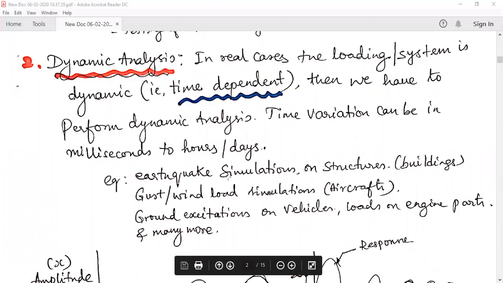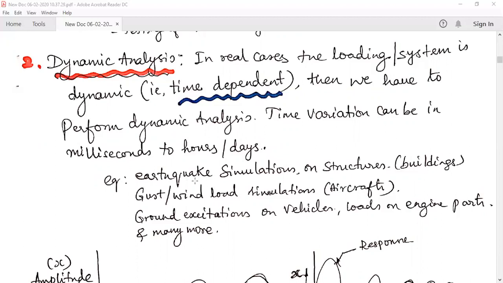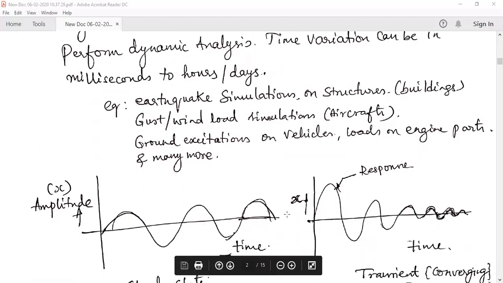Shake tables are widely used in aircraft simulations, structures, and buildings. Before they build, they have to do the experimental earthquake simulation. Apart from that, FE as a tool can be used to simulate earthquakes, gust wind load simulations on aircraft, and ground excitations on vehicles. All these kinds of analysis can be